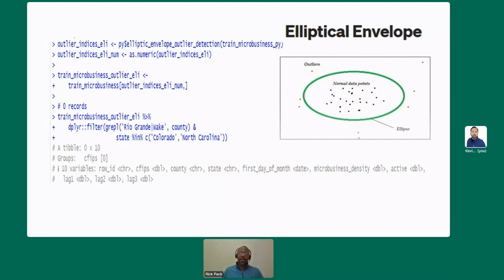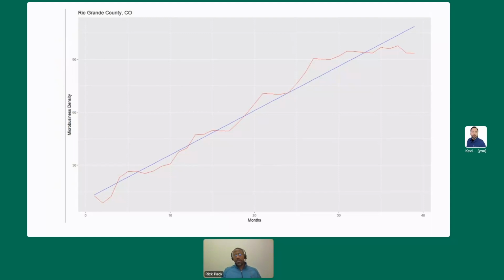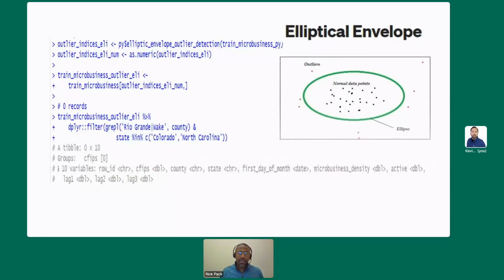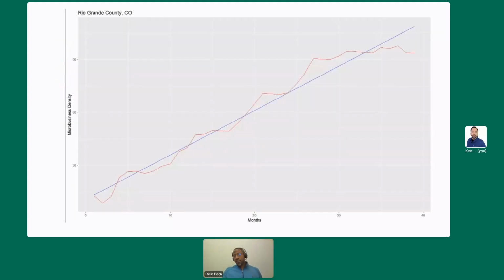And what did not come out of that outlier detection test were this county or the one I mentioned earlier that's near where I live, Wake County, which makes sense because if we're only looking at the last few values, remember where the 3 prior values are not missing. Excuse me, I'm not saying this right at all. I'm sorry. Because we're looking at where the last 3 values are not missing, we can't be too far left